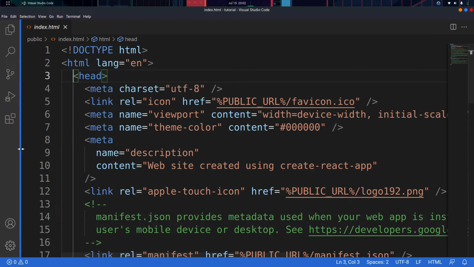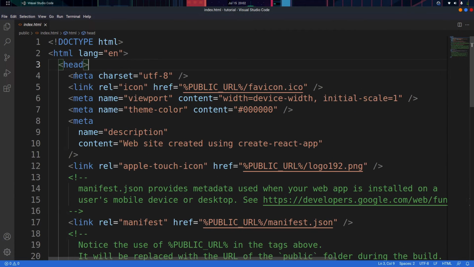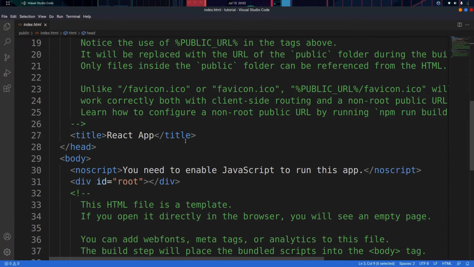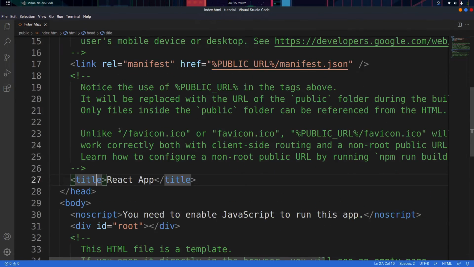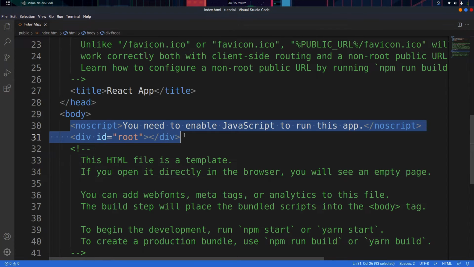It helps a lot. Okay, now here, as you can see, we got head. So head, HTML, all the boilerplate code. We got title, we got some links and other things. But in body, if you look, we have two